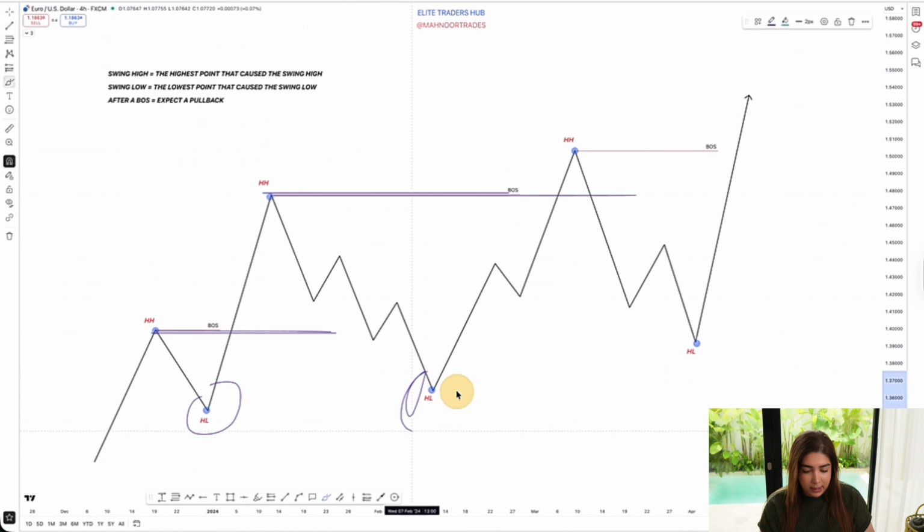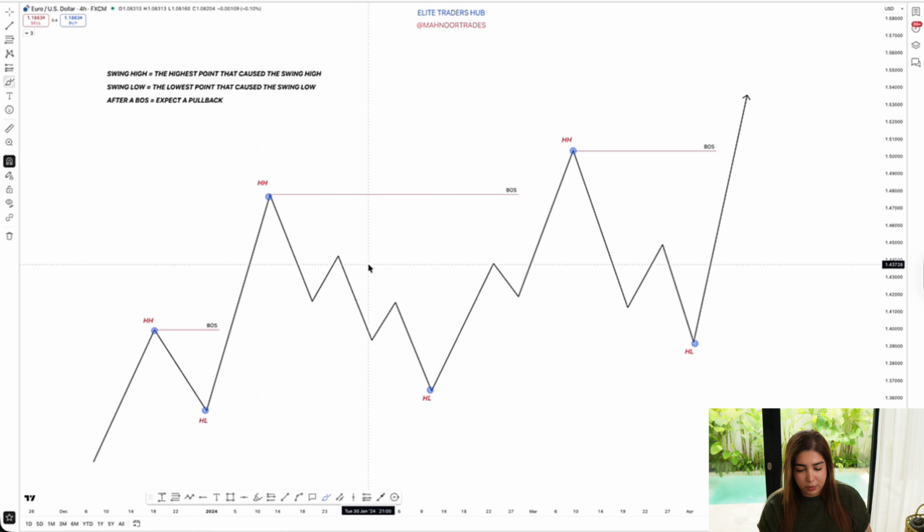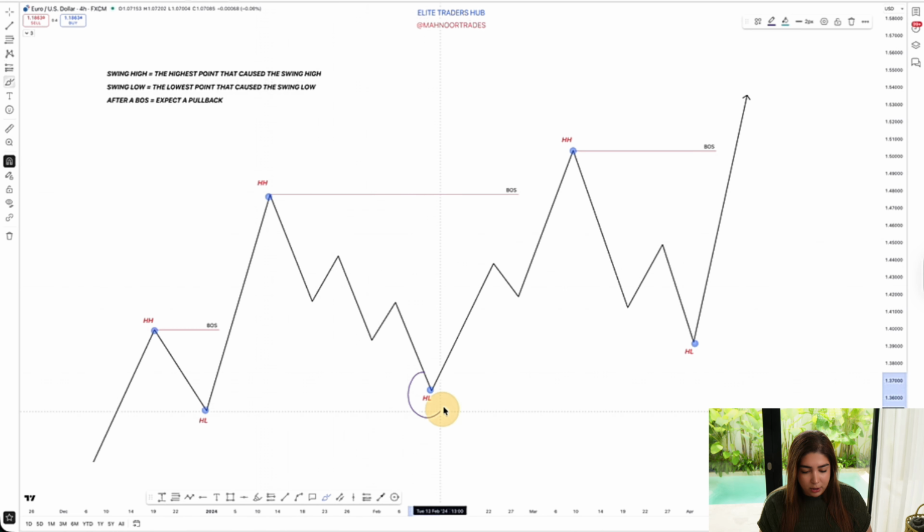Now let me take it a step back, because this part is very, very important. What I'm going to tell you now is a bit important. Before the break of structure, let's suppose from this low here, before price gave us this break of structure,